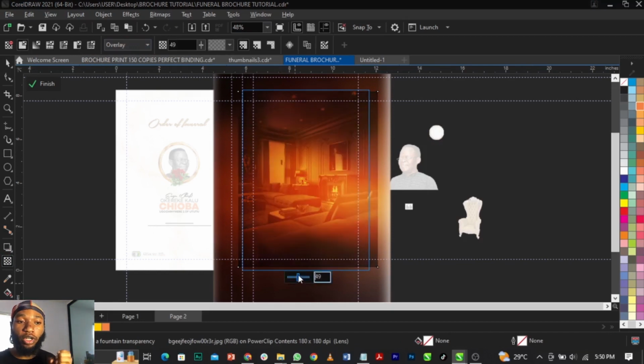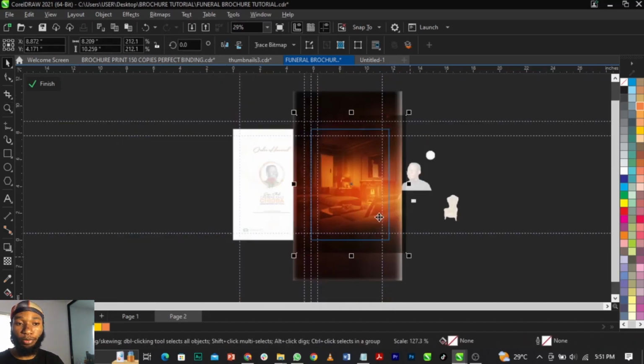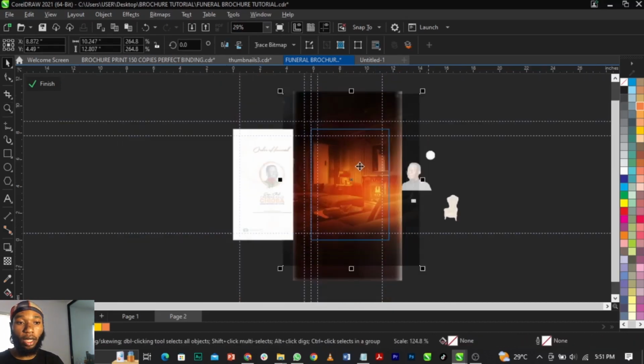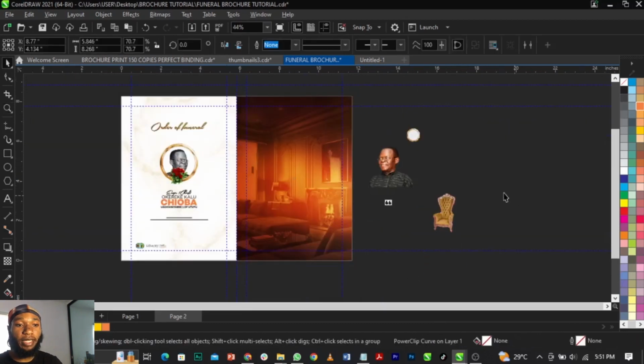So right now we're going to reduce the opacity this way. 49% can be fine by you, depends on what you're seeing on your computer, on your laptop. So let me just place that there and leave that there. So basically right now,